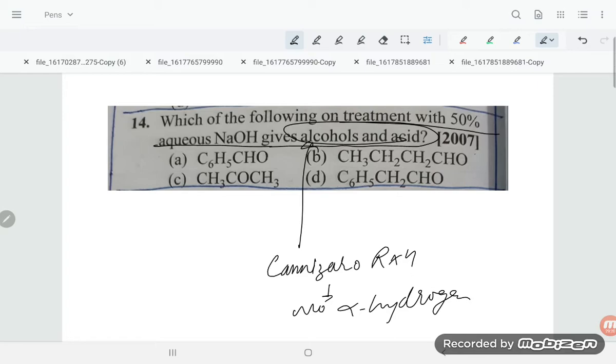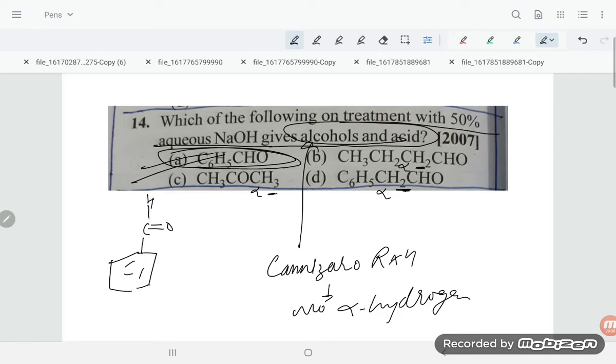So this is the alpha carbon. Here, alpha hydrogen is there. This is the alpha carbon, alpha hydrogen is there. This is the alpha carbon, alpha hydrogen. This is not having. So option number A is our required answer, because if you see this one, benzaldehyde, C